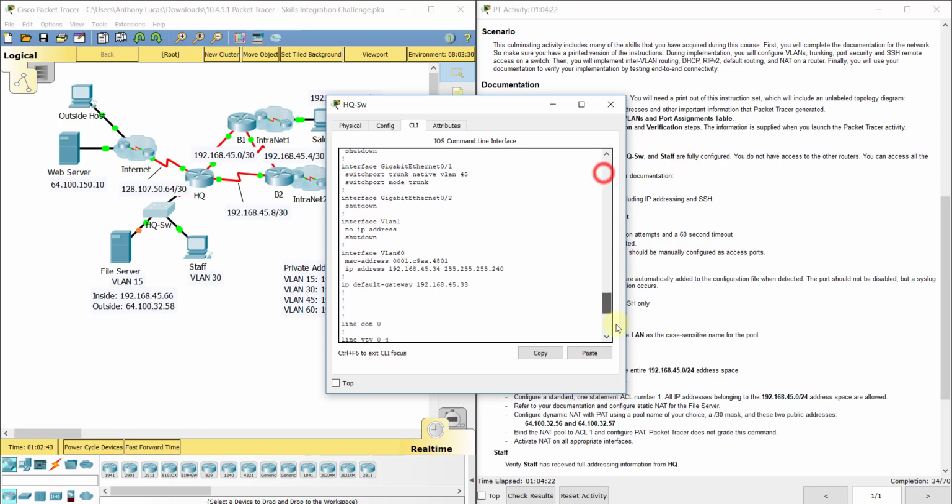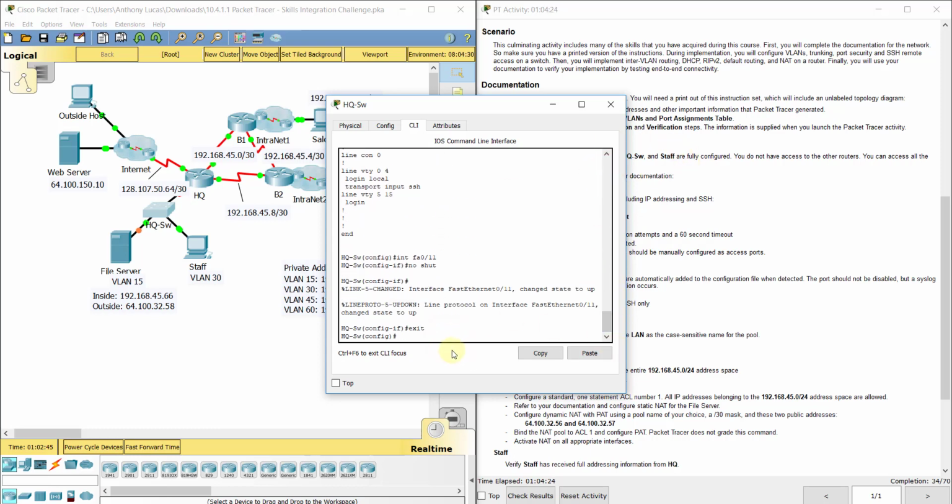Can't go back up that far, but anyway, make sure it is on. Interface FA0/11, I did no shut. All right, now